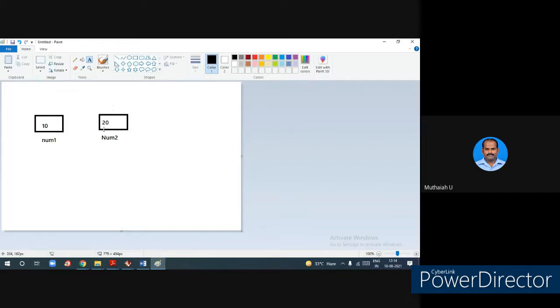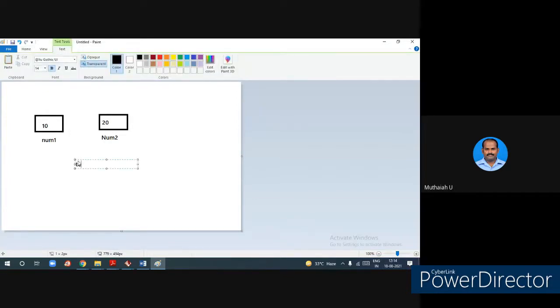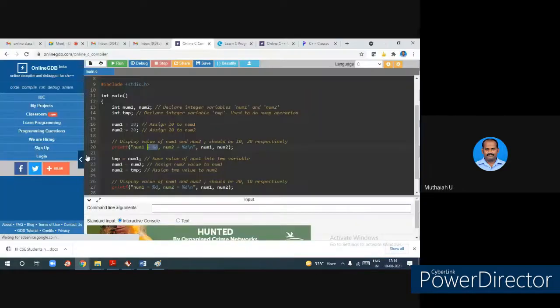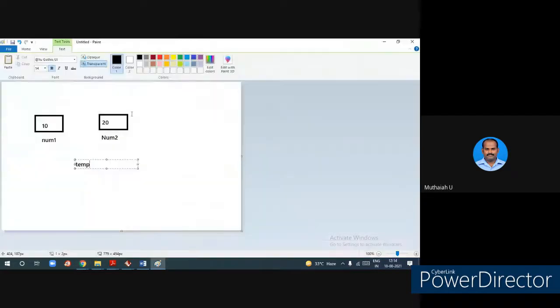Now I want to swap these values. That's why I'm introducing a variable here. What is the variable I'm using? Temp is a variable. Look at this program: I use the temp variable. You can use any variable name here, no problem for your understanding. What is the first step I can do? num1 has the value 10, so I assign num1 to temp. If I assign this value, what is actually happening here? Temp equals what value now? 10. Understand? But what is happening in num1? Num1 is empty. You understood? Nothing is there because I assigned this value to temp.